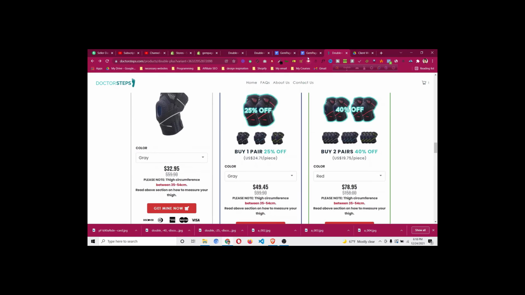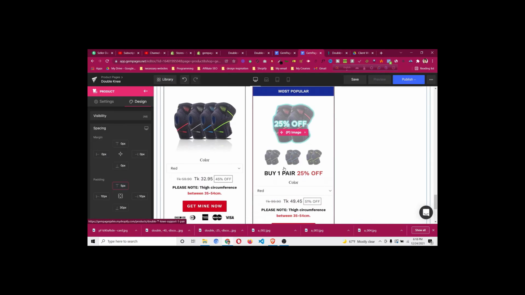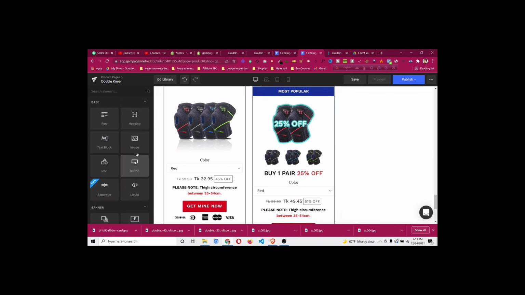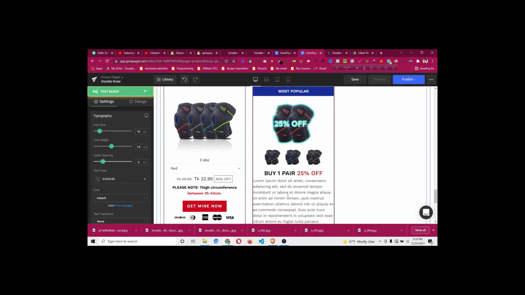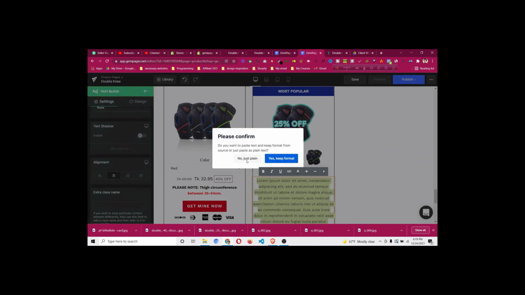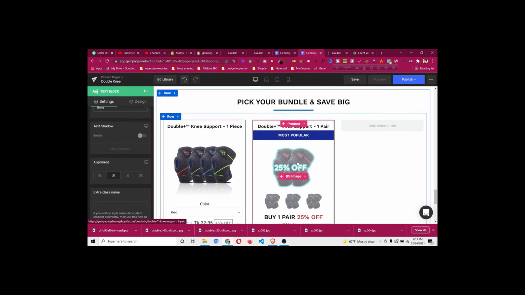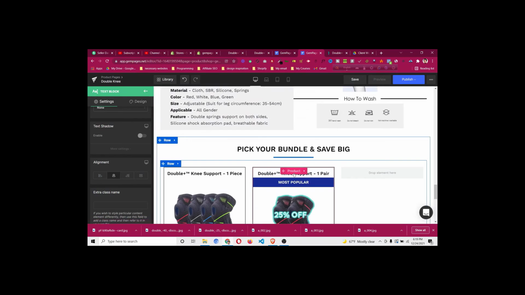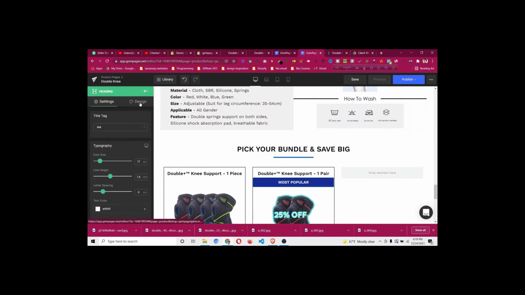And also I think another thing that needs to be added is this thing after the heading. So I need to go back and add a text block under this one. Okay, so what I will do is make it center, and also select it, Ctrl A, Ctrl V, and then it is now just plain text. Okay, and also what I will do, I will just go to